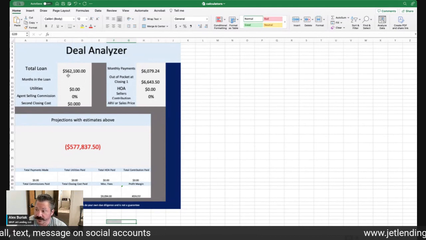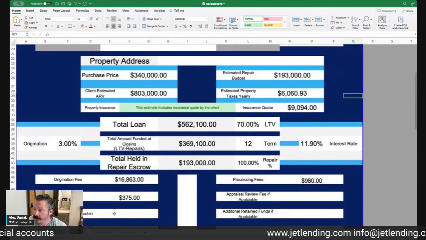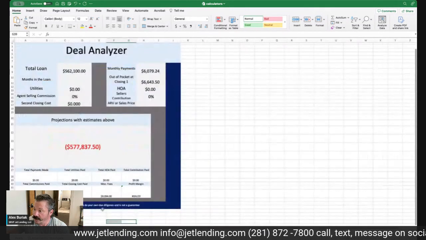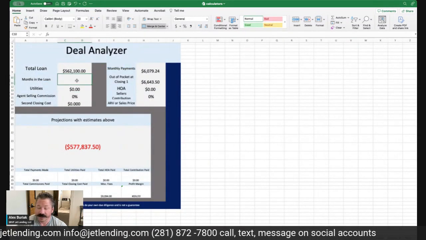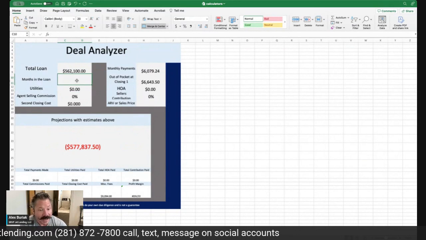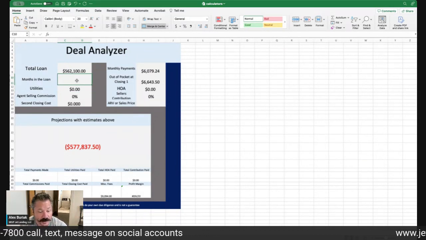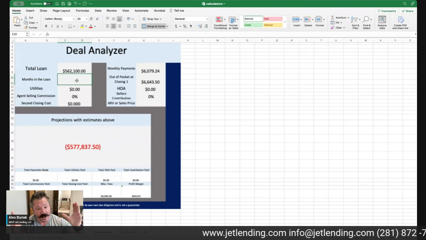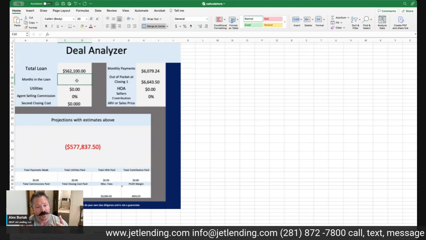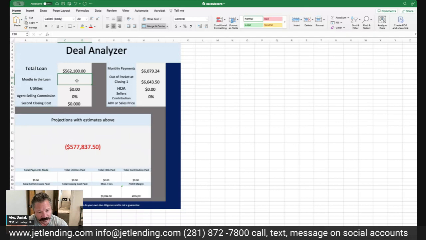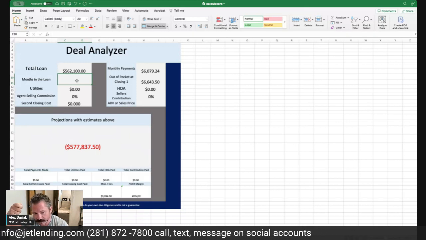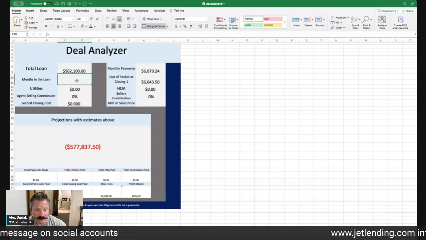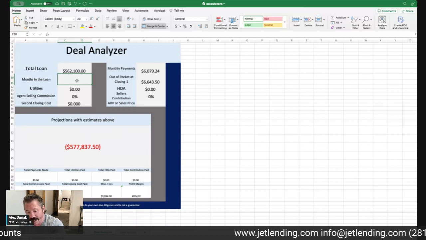And the loan was $562,100. So you can look here, $562,100 total loan. At 193 months in the loan, you have to pay yourself back every dollar you spend every month when you pay your lender. There's gross profits, which is how much money you made in total, and net profits, how much money you're actually keeping. Think of it, how you remember it is if you're fishing and you catch a fish in the net, that's the fish you keep. So we're looking at net profits. You have to consider you have to pay yourself back every month you're in this. So that's $193,000